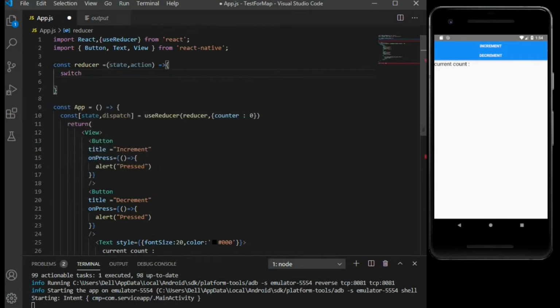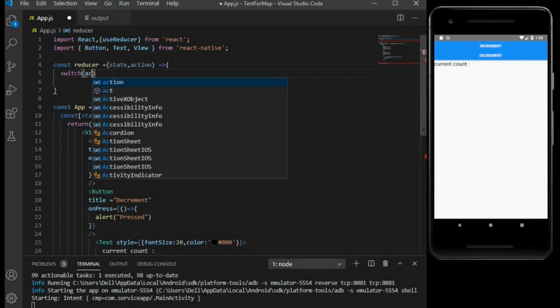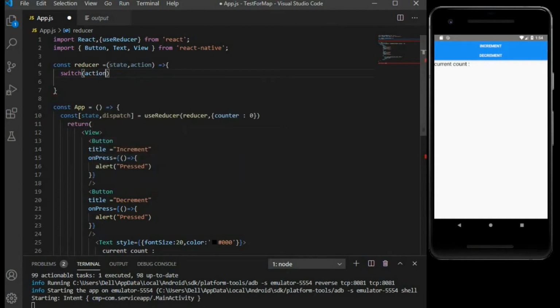Inside our reducer, I am going to write a switch statement. With the help of the switch statement, we can change the value of our state with the help of action. Right now we only need three types of cases here.